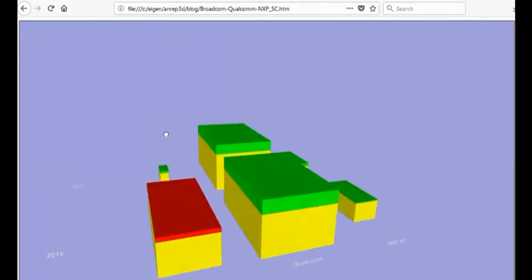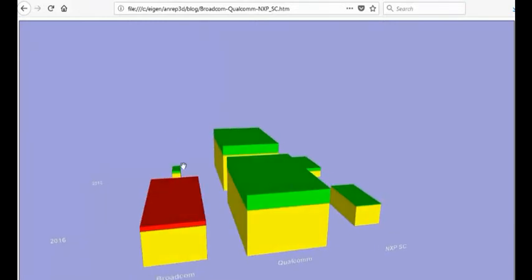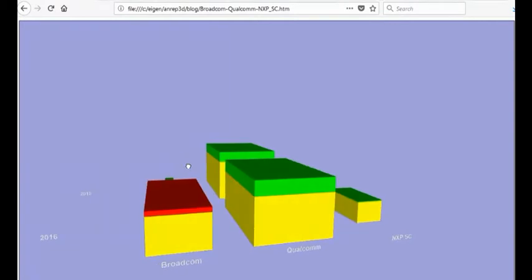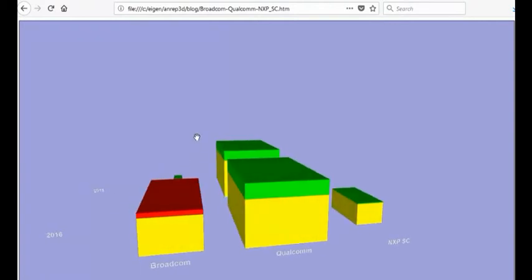Sometimes it's better to have a large font, and sometimes it's better to have a smaller one. It also depends on the scaling factor. If a graph is close, then the font looks larger, of course,